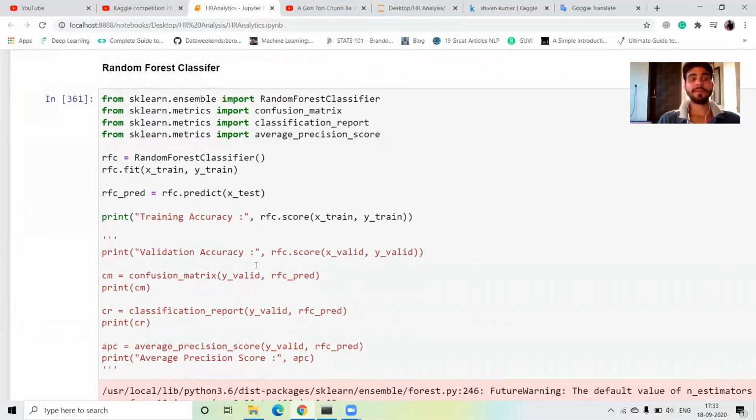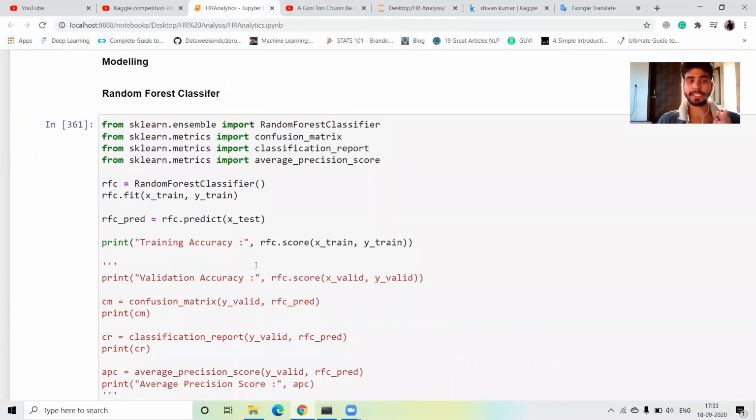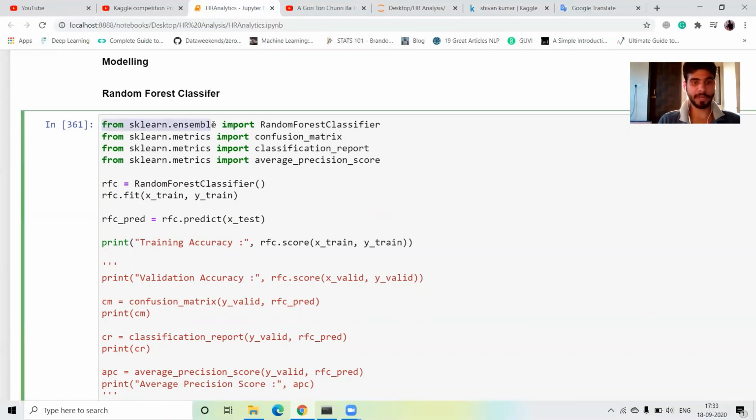Next, modeling. In this HR analysis data set, we have used random forest, CatBoost, and different machine learning algorithms. First, for the random forest, we import RandomForestClassifier from sklearn ensemble. From sklearn metrics, import confusion_matrix, classification_report, and average_precision_score.